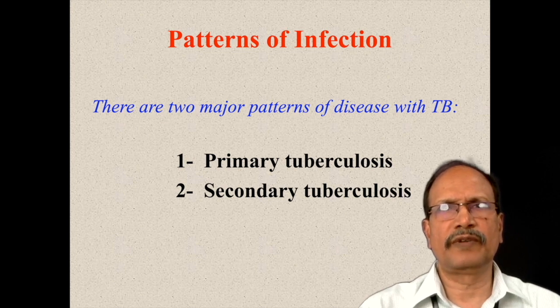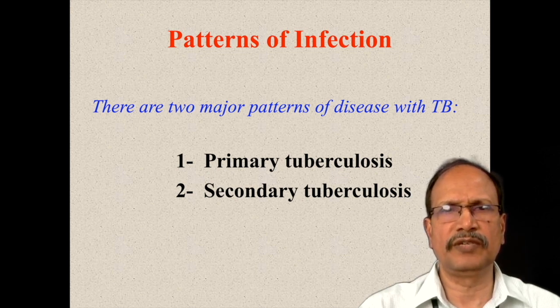There are two types of patterns of infection with tuberculosis. These two types are distinguished depending upon the sensitization of the individuals. For example, in primary tuberculosis, the person is getting exposed to tuberculous bacilli for the first time, and there is no sensitization of the immune mechanisms in the person. In secondary tuberculosis, the person is already sensitized to tuberculosis. That means he got exposed to tuberculosis to start with, and the second infection may be associated with the activation of hypersensitivity reactions, which results in different